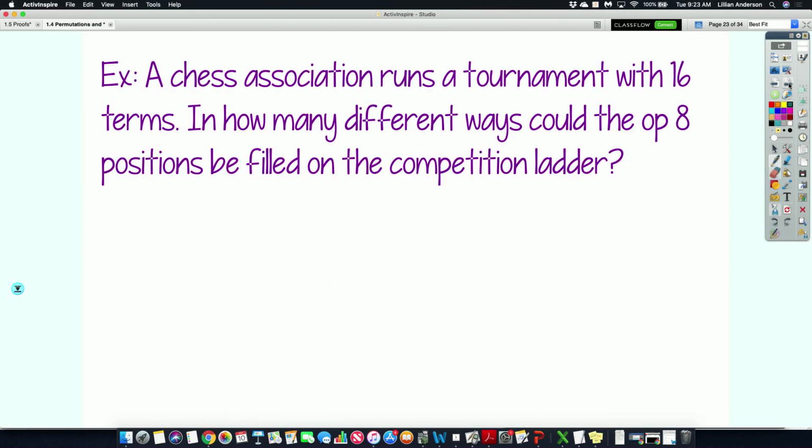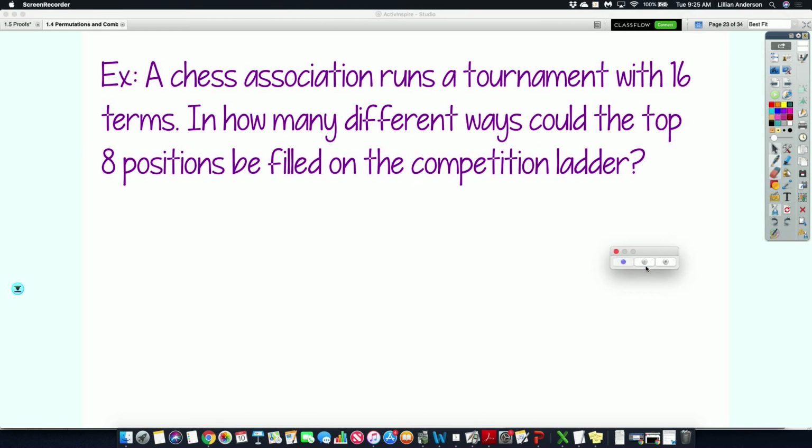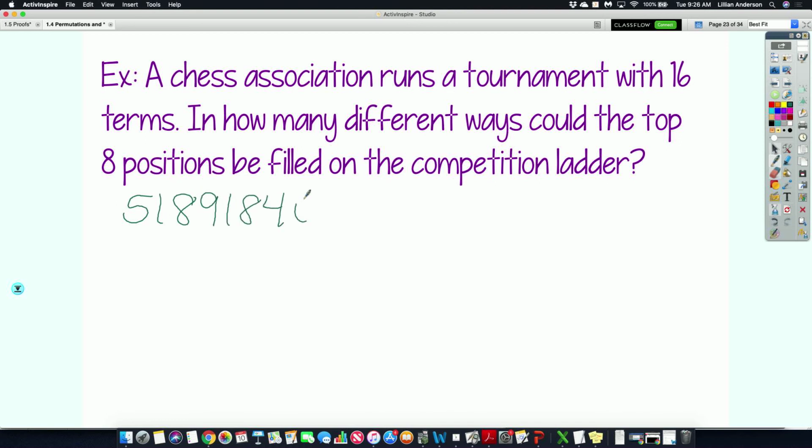Okay? Let's take a look at this example. We're going to be doing a lot of examples today just to make sure you guys have it, okay? This one, you don't necessarily have to write down, okay? But let's do it on your desk. 3 hours. All right, for this one, what'd you get your answer to be? Read the numbers from left to right. 5, 1, 8, 9, 8. Okay, very good, because you have 16,